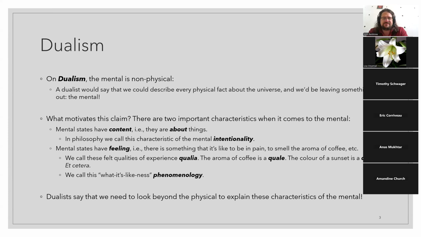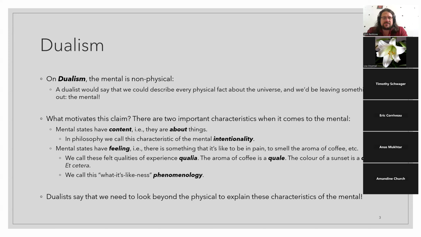So all of these, say you go in there, they don't all have light roast, but you get yourself a medium roast coffee, even though it's identifiably similar, they're all slightly different. And these little felt aspects of our experience we call qualia, or quale for singular. So the aroma of my blonde roast from Starbucks here, that's a quale. And it's different from the quale of a medium roast from Bridgehead.